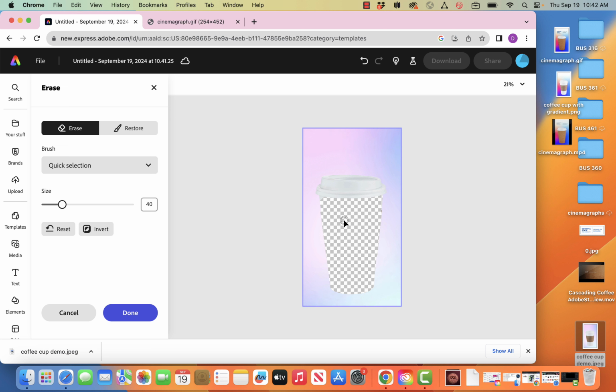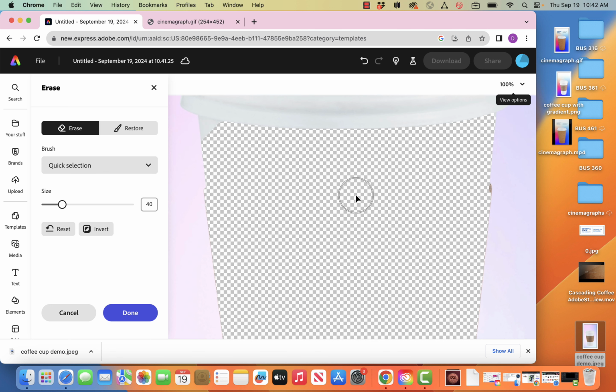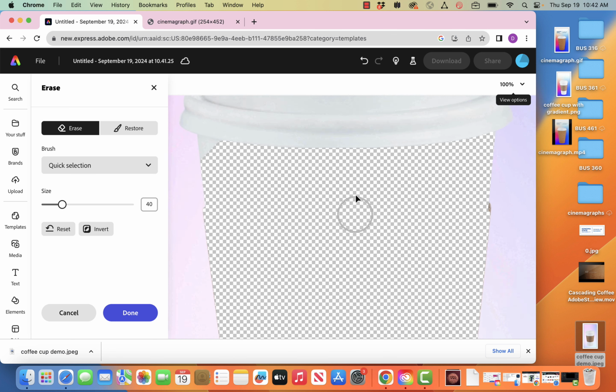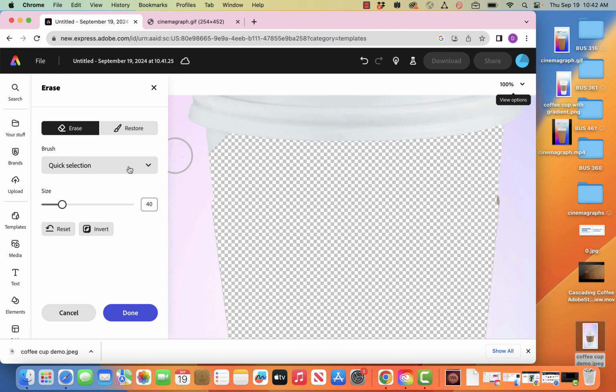So if we zoom in to 100%, you can see it's really good, actually. It's just these little corners that had a little trouble, and I could change my brush size and try clicking in them. But it gets to the point where you have to switch from the quick select tool to the circle brush tool. And if you do go too far, like if you go into the lid,